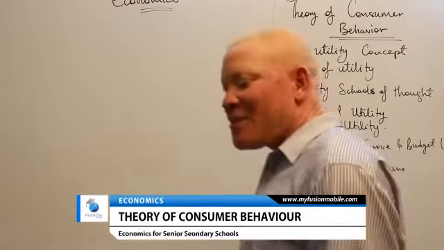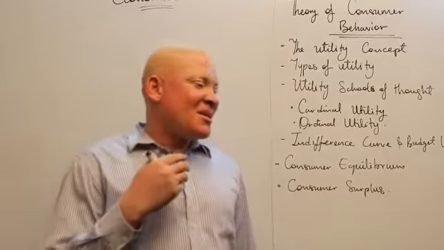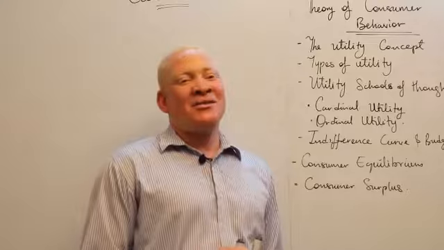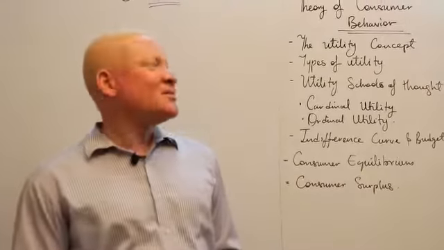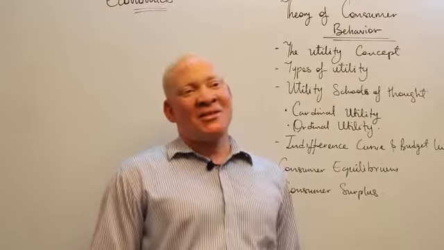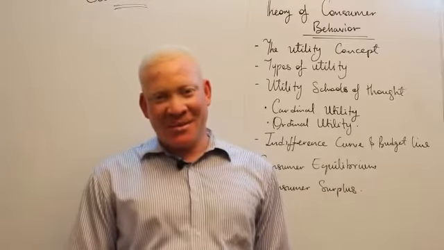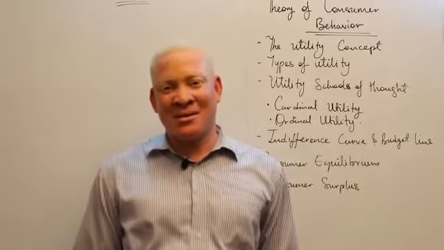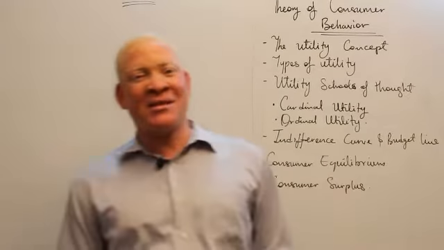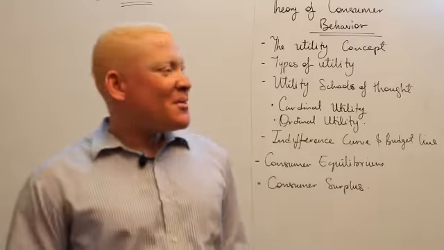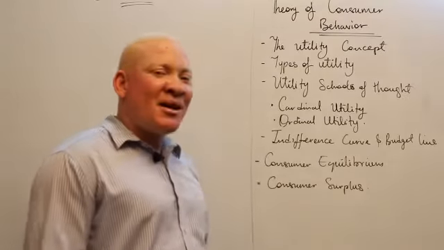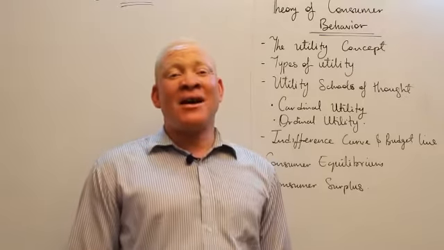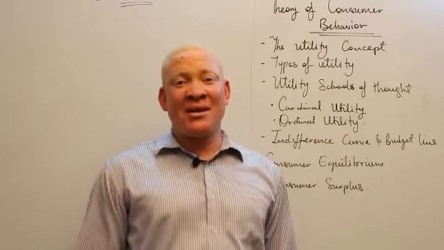The theory of consumer behavior is the kind of topic that you should know as a consumer before you are able to determine what your demand would be. In one of the study sessions, we talked about wants, scarcity, how to allocate your resources, scale of preference, rationality in decision making, and so on. Now, we are looking at what the consumer actually has to look at before he is able to arrive at a decision, before he is able to make effective choices.